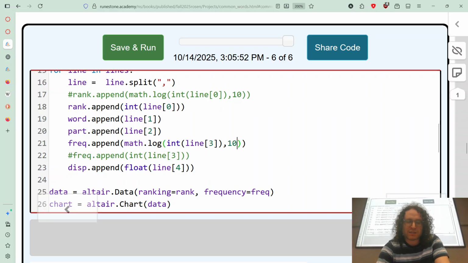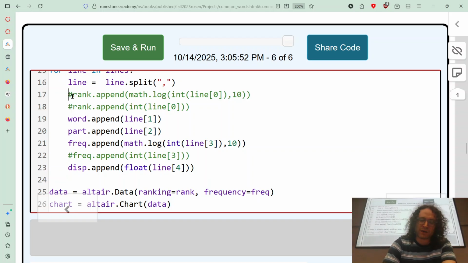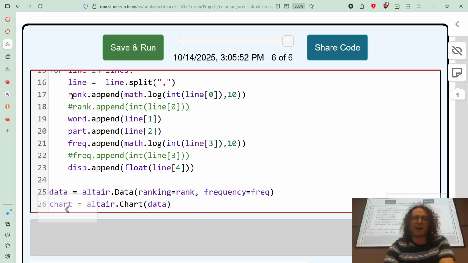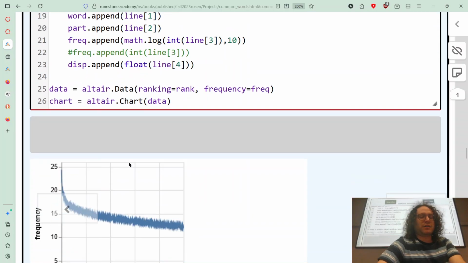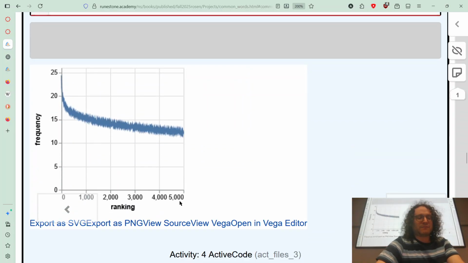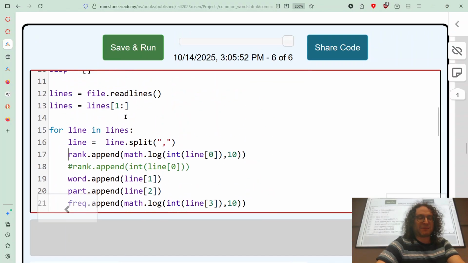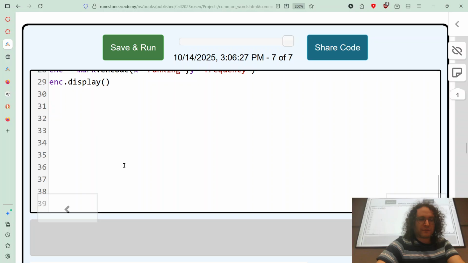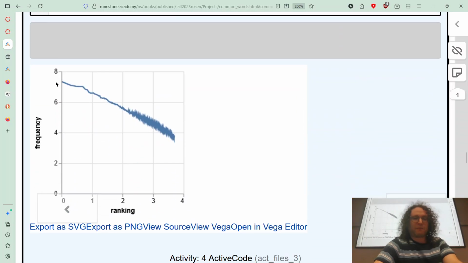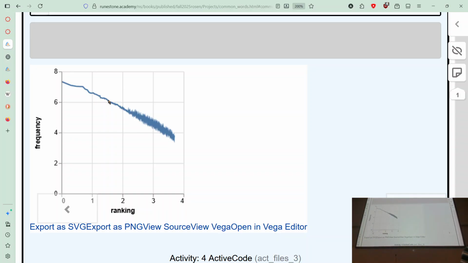Now let's see what happens if we change the rank to follow the same idea. We're going to take the log of the rank as well, the base 10 log. So that number on the bottom is going to tell us how many times this number can be split into tenths. And when we do that, we actually get this kind of straight line,